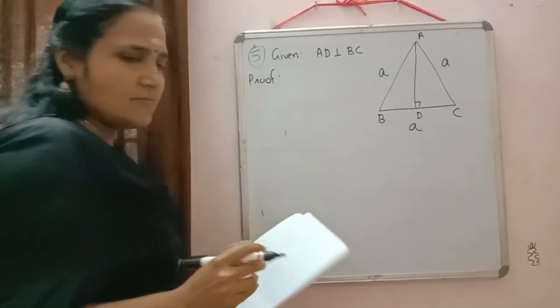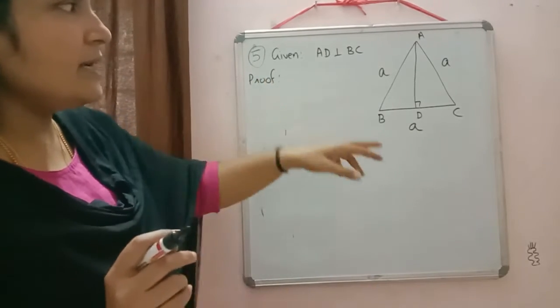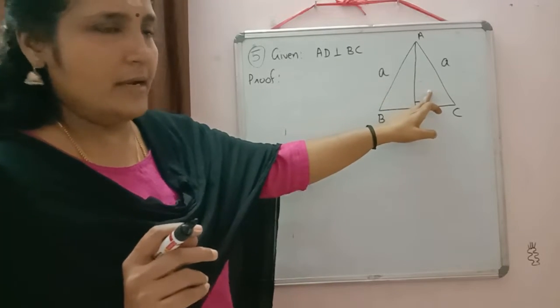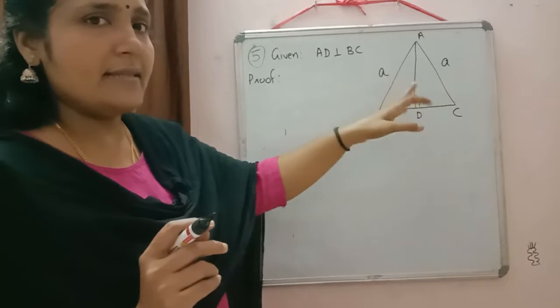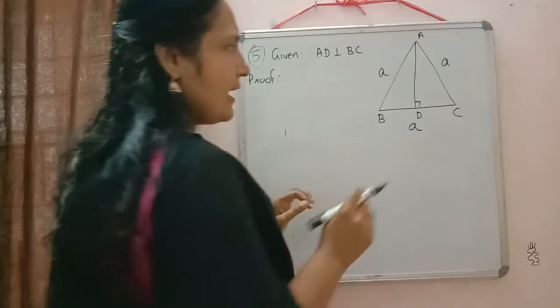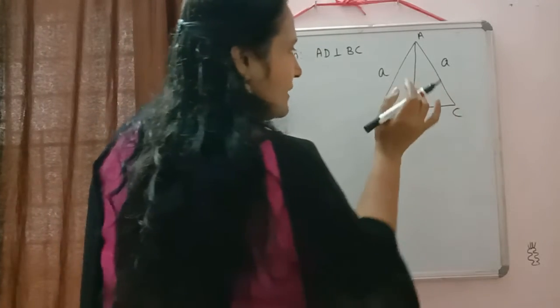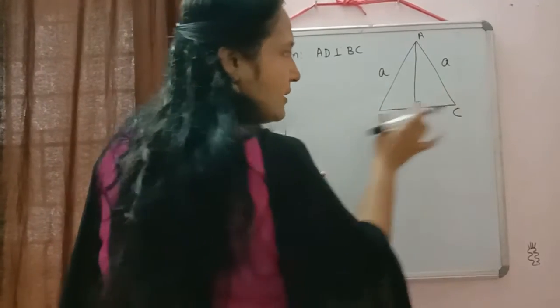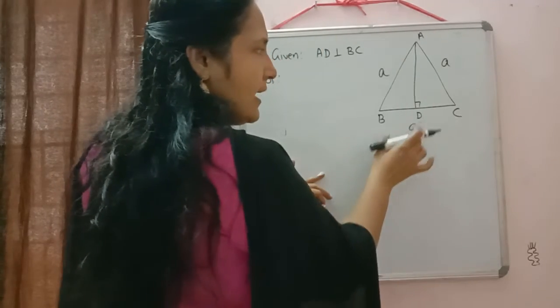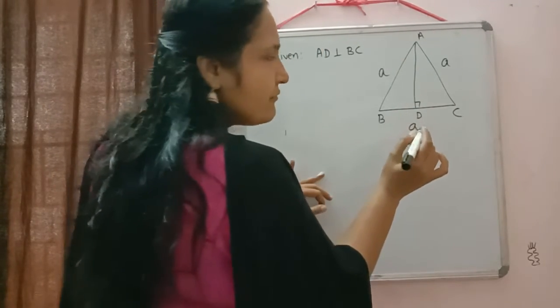So in the previous one also we proved if it is an equilateral triangle, these two triangles will be congruent. So again I am not proving that they are congruent there. That we don't need also. So directly we can write, if these two triangles are congruent, BD will be equal to DC. And we know BC is equal to A. So BD will be equal to half of A.